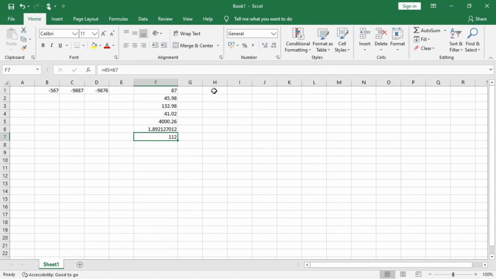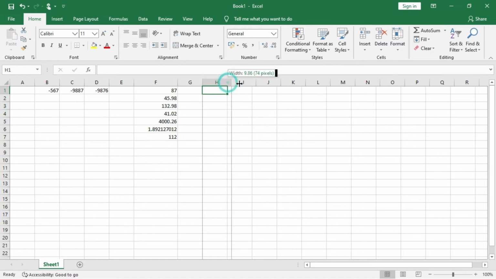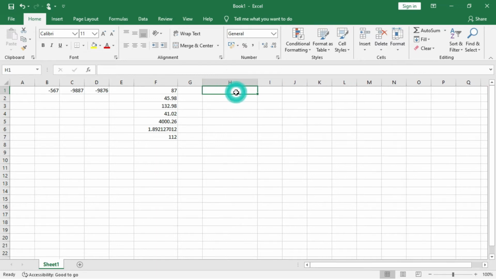Now, entering a text. This text entry is a combination of both numeric and alphanumeric data along with spaces. Suppose I am writing out here, after increasing the width a little bit, 234, comma, Hillcut Road. You see, this one is always left aligned. A string entry is always left aligned.